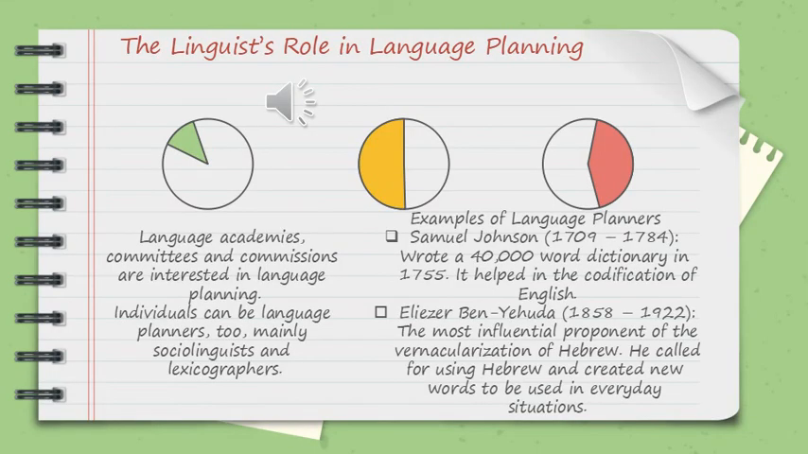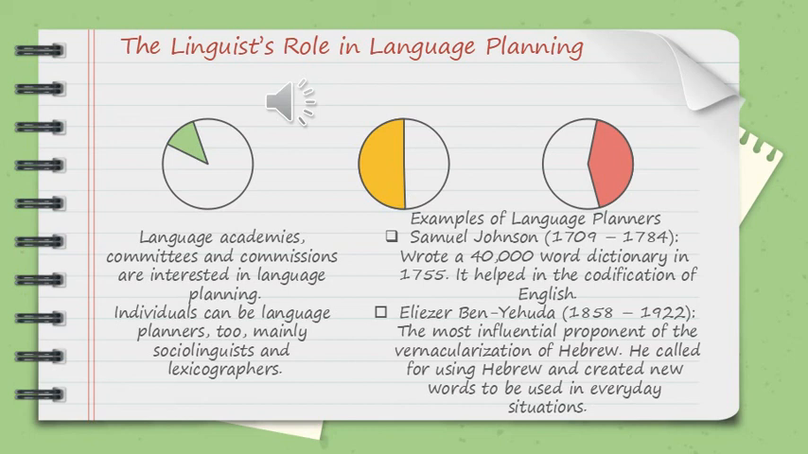The next is the linguist's role in language planning. Language academies have existed for centuries, but it's also true that individuals have often had an enormous influence on language planning, and especially on the standardization or codification of a particular variety. Samuel Johnson's